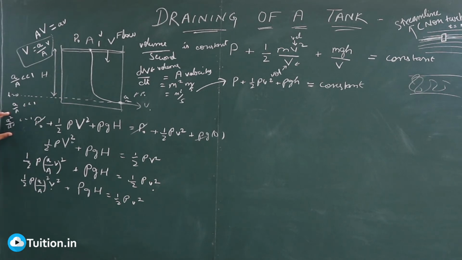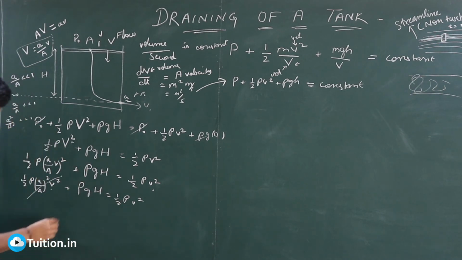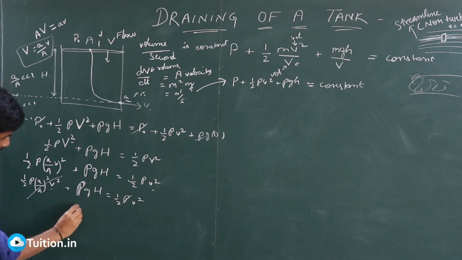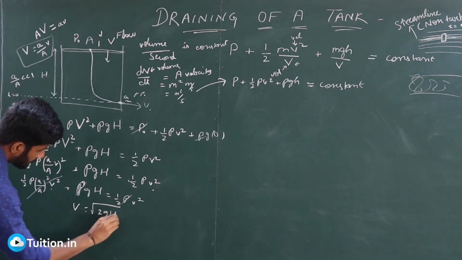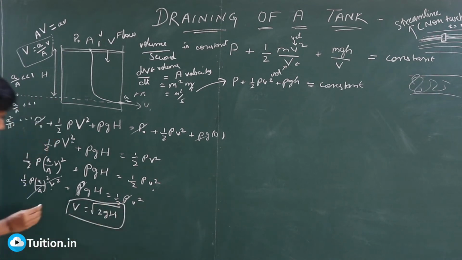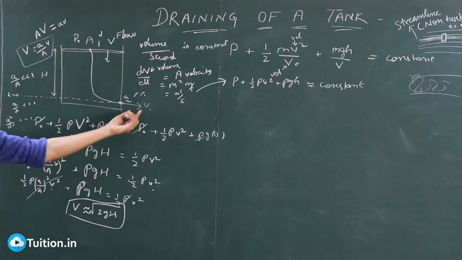If it's very, very negligible, then I can completely ignore this term when compared to this term and this term, because it will be very, very small. So I've just ignored that. That is what will solve my problem now. So this rho gets cancelled. This is not b, by the way, this is rho. This rho gets cancelled. So I have v is equal to root 2gh. This is the formula, or what I will say is the approximated formula for the speed of efflux.